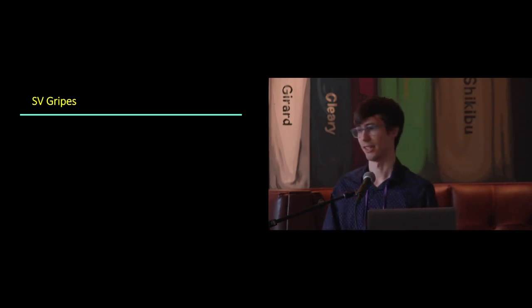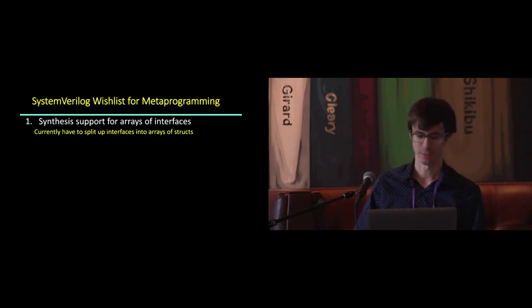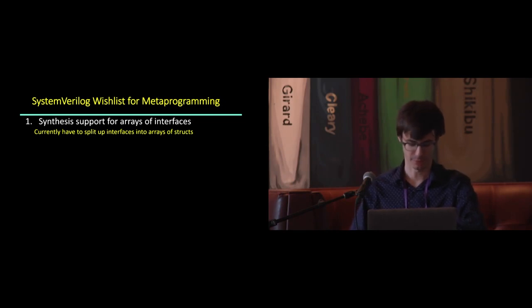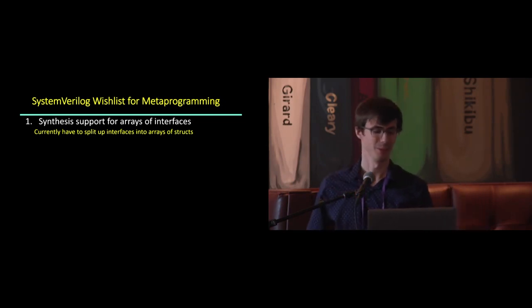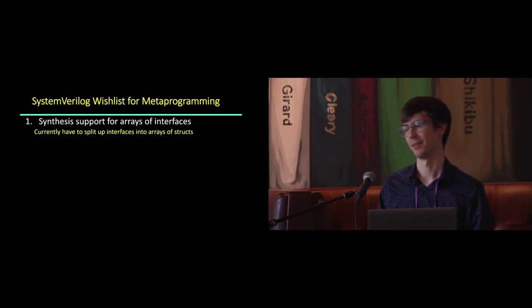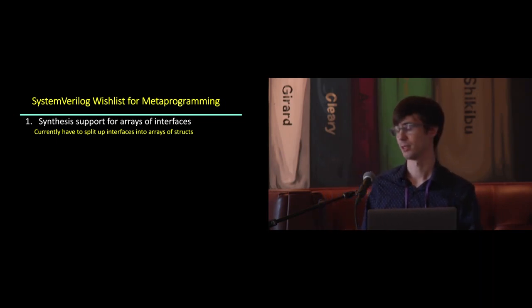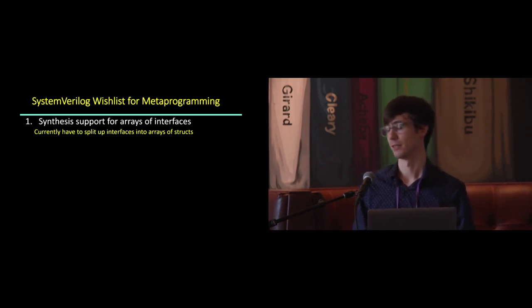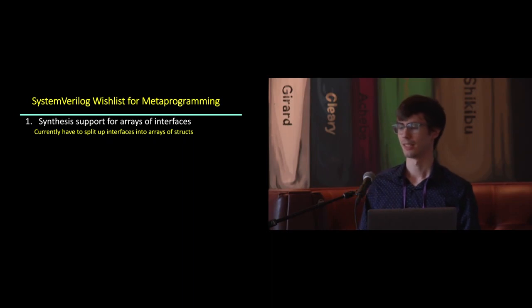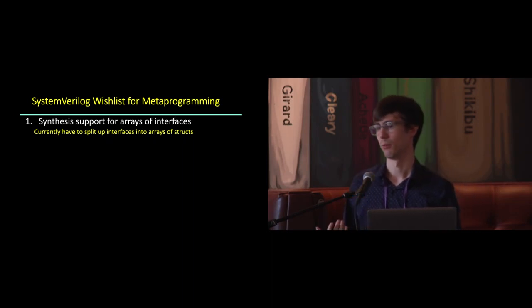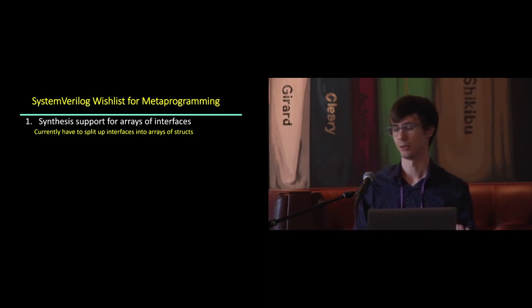So SystemVerilog is still not great. There are some problems, so I will complain about this a little bit because I still have some time. Some things that we would like to see in SystemVerilog to improve it as a metaprogramming language is synthesis support for arrays of interfaces. Currently, we have to split up interfaces into arrays of unidirectional structs. This is actually done usually at the synthesis level, where at the front end level, you can test with your interfaces,